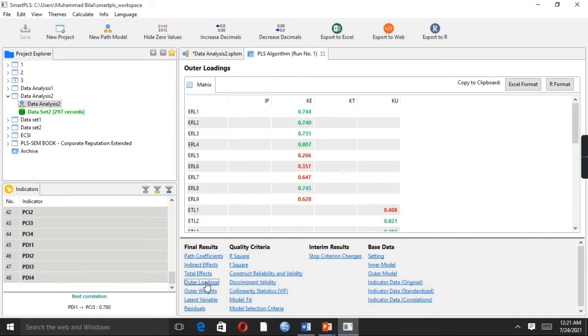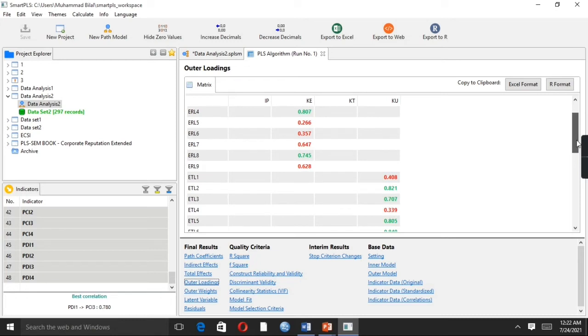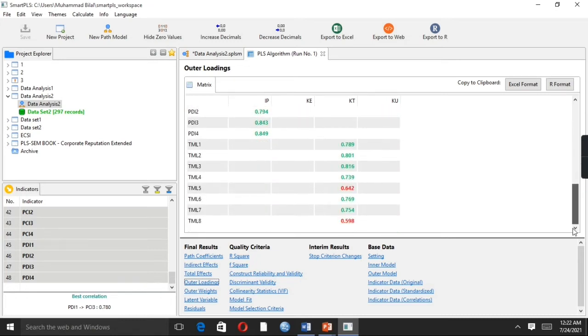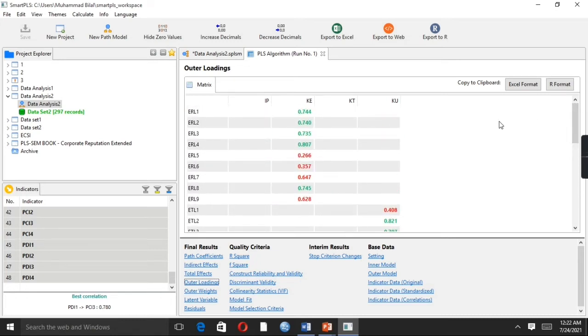Just click into it and have a look. We have our variables and the relevant items of each particular variable. These are basically the outer loading values. As we see, we have two different colors of values.